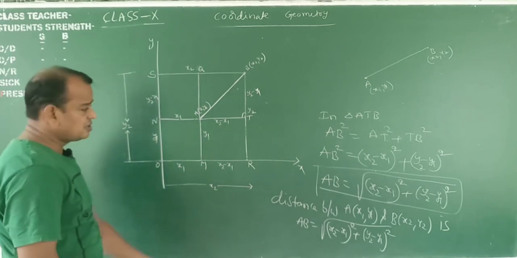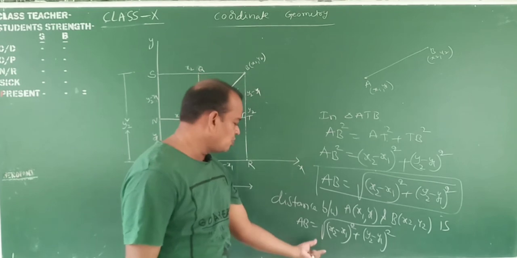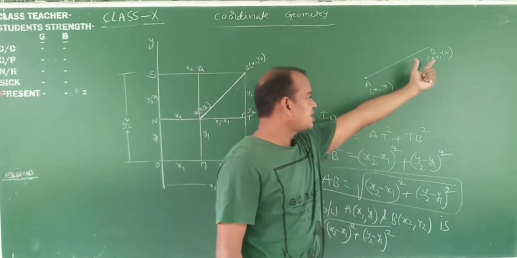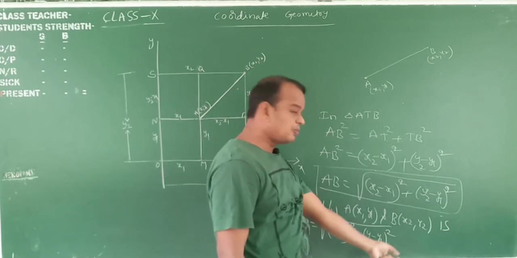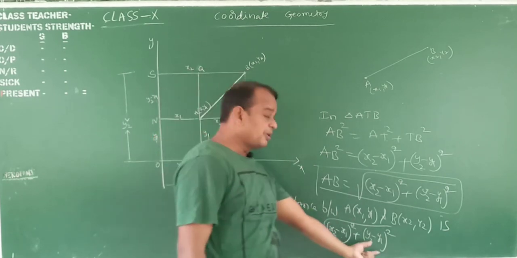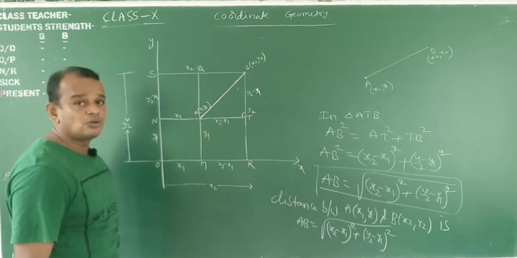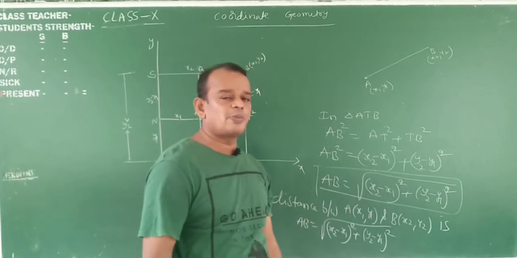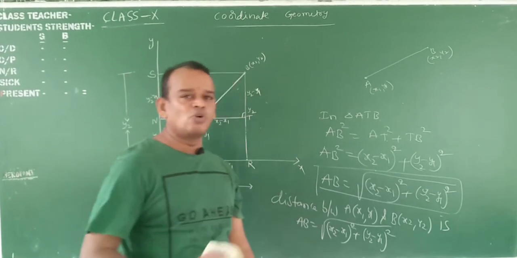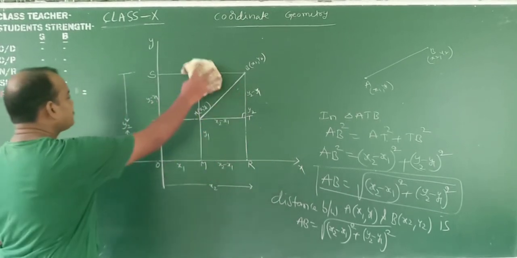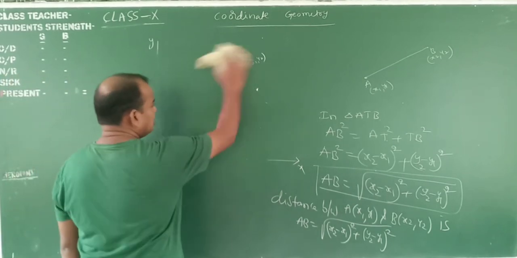Okay, my dear students, this way. You remember the formula? The distance between two points formula: root over (X2 minus X1) whole square plus (Y2 minus Y1) whole square, where the first point is X1, Y1 and the second point is X2, Y2. The distance from the origin to a point, as I told before, OP is equal to root over X square plus Y square. Suppose the points are A, OA, B, OB, C, OC. OA formula has no change: X square plus Y square. Okay, my dear students.